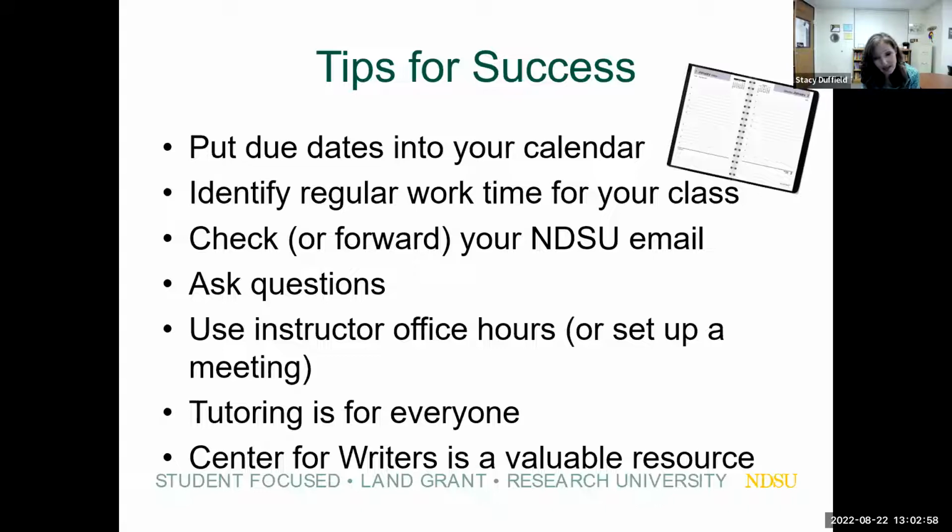Another really big tip I have is to ask questions. Right away, if there's something you're not quite sure about in your class, send an email to your instructor. Leave a message in the class for them if they give you a chat or discussion board or something that you can use. But don't hesitate to reach out. The instructors want to help, they want to support you, and they will answer your questions. They'll also give you a phone number if you want to call their office. You can do that as well, but email tends to be the easiest way to get a hold of your instructors.